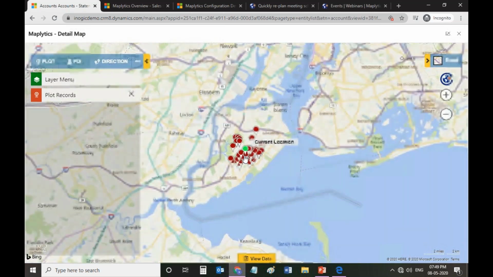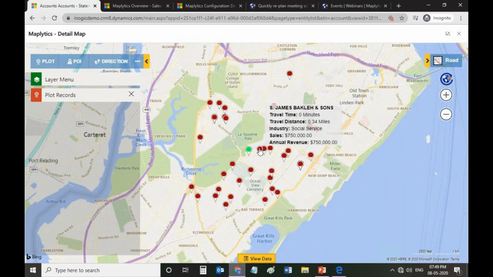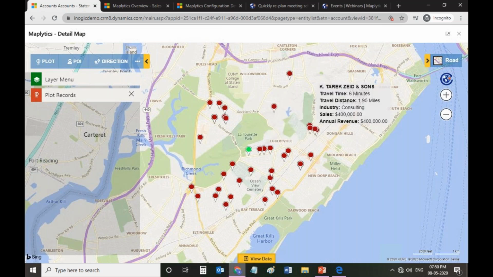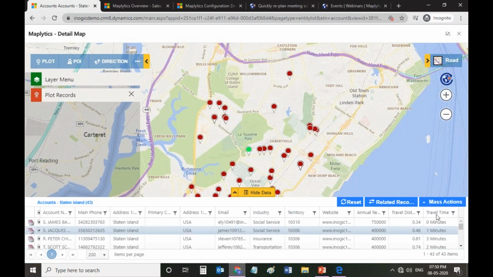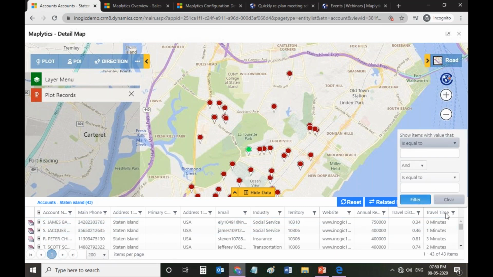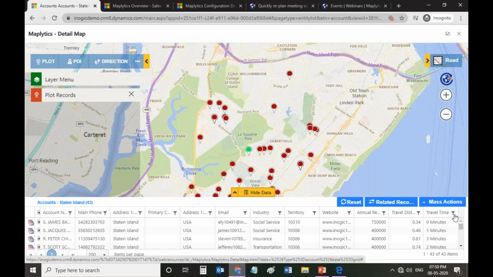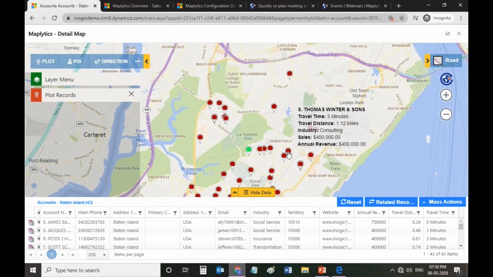So the push pins have been plotted, and now if I hover on it, you can see the travel time as well as the travel distance. So this is the proximity search for the time. The similar data is also available within this. So here you can give some value and you can categorize your data as well based on some value for the travel time or the travel distance. So this was the first feature, proximity search by time and by distance.